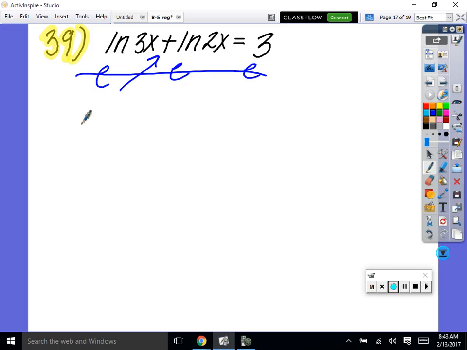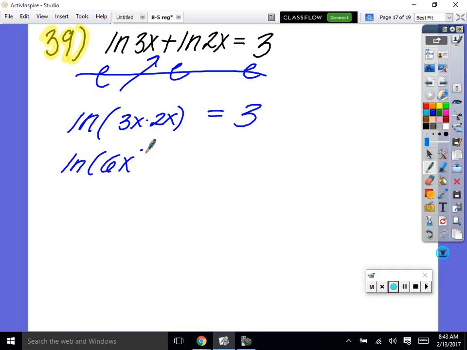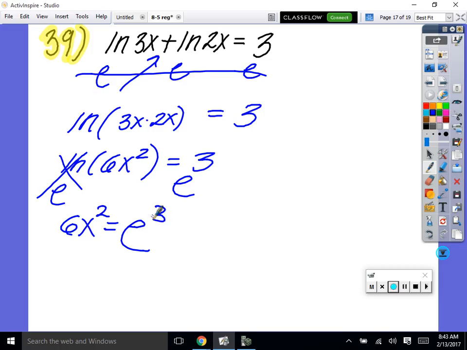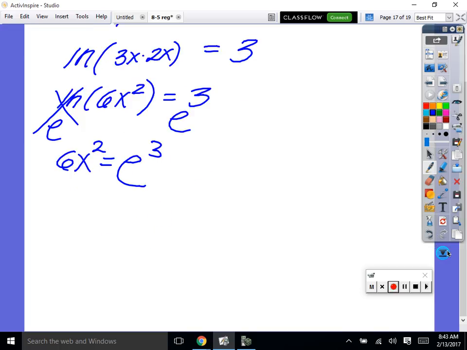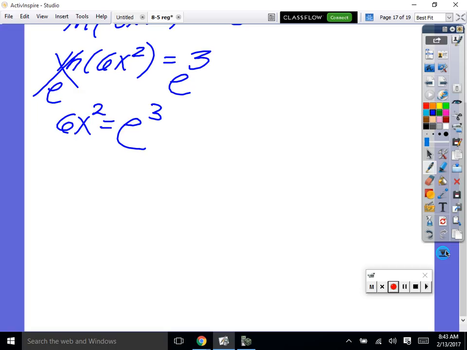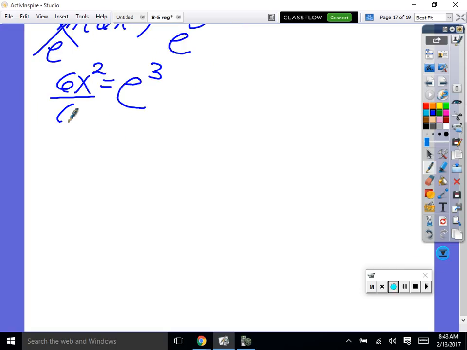But can I combine those ln's? Properties of log. So wouldn't it be 3x times 2x? So this is really this. So we really have ln of 6x squared equals 3. And now we can undo ln by e-ing both sides, base e-ing. So ln and e undo each other. So we have 6x squared equals e to the 3rd power. Now solve for x. So our first step is divide by 6, right? Divide by 6. So we have x squared equals e to the 3rd divided by 6,